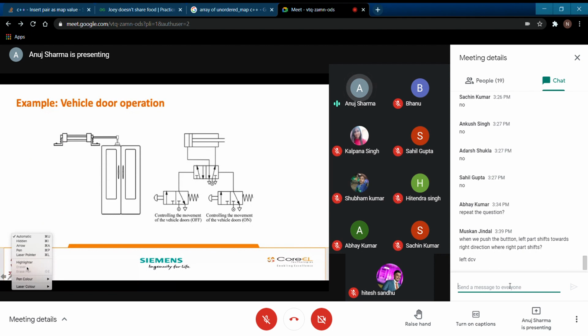When you push this button, this box is going to get shifted towards this particular direction. That means your position will be like this, this, and this. Muskan, if you have any doubt, kindly unmute your mic and ask.